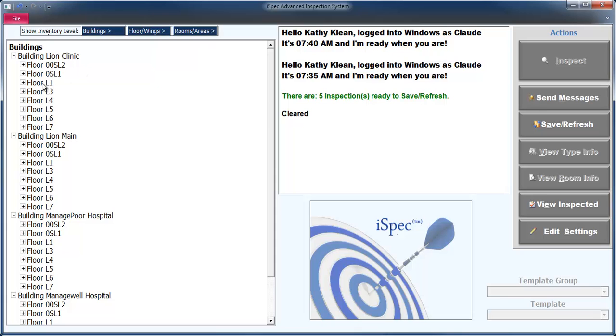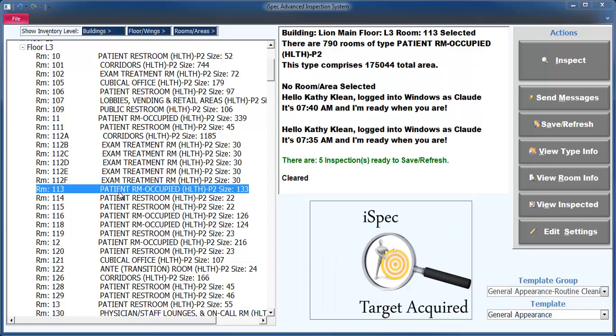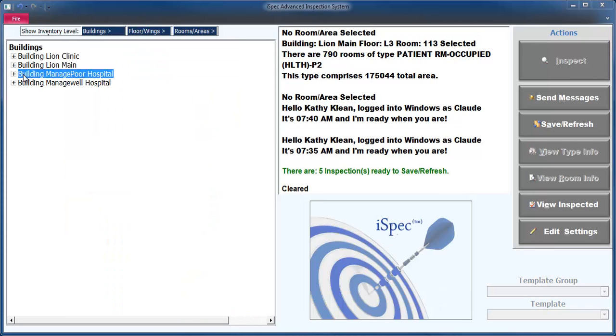On the left is a navigation tree. Users come in and they can pick a floor and a room to inspect, or they can collapse the tree down, pick a building, and then expand its floors. The general approach is to make things as easy as possible for users to navigate and press buttons on a